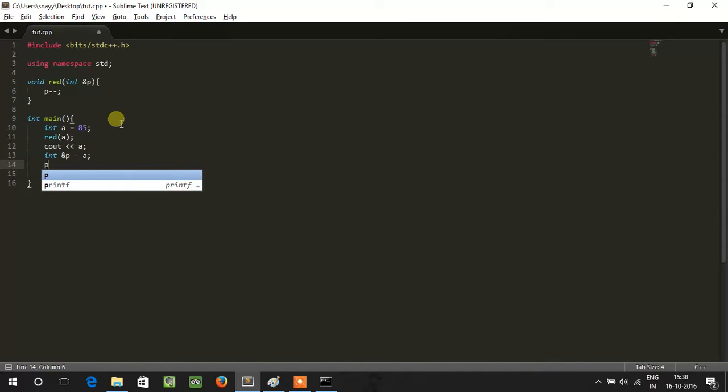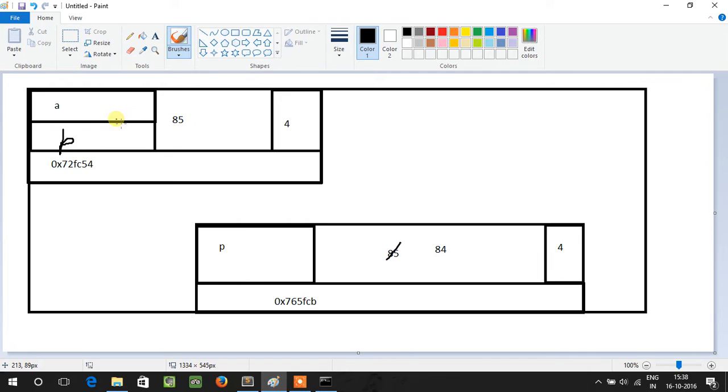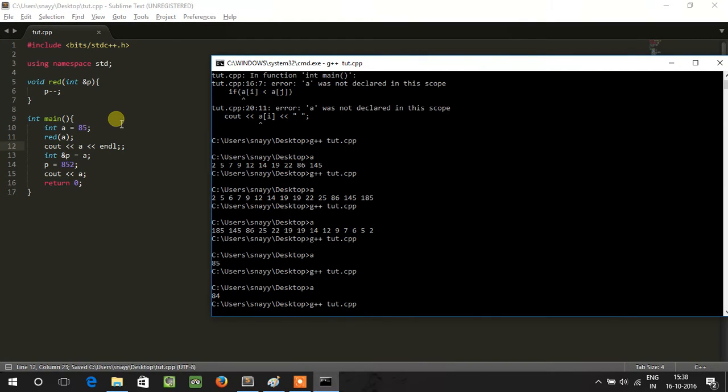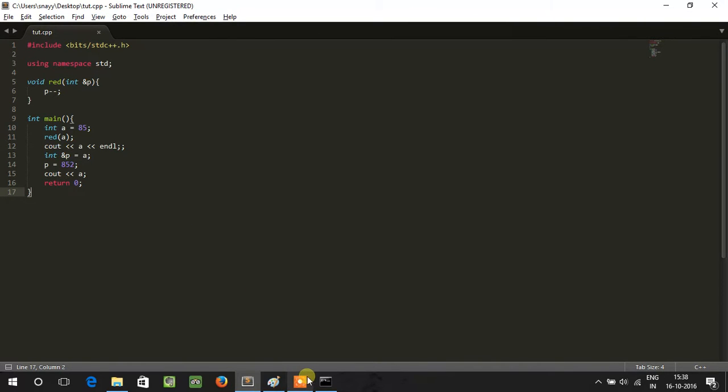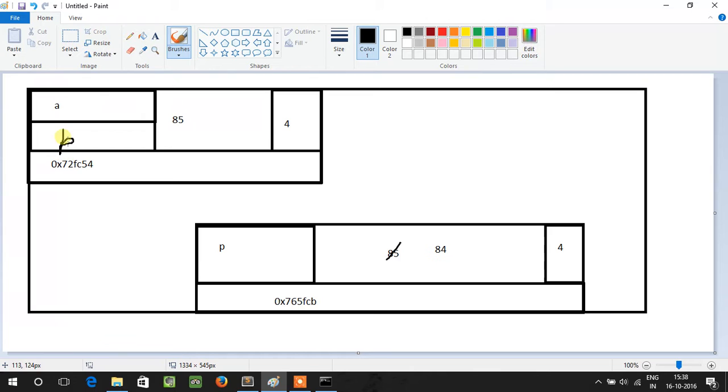Now I can say p equals 852, and then I can print out on the screen A, and A is 852. A becomes 852 because they are pretty much the same now. If I say p equals 852, this is the value of A, changed to 852. So whenever the user input calls A, it again refers to 852. That's simply the